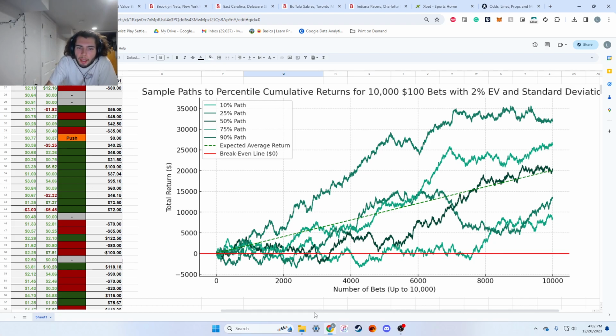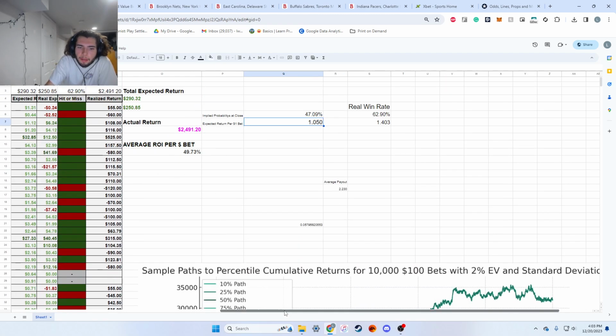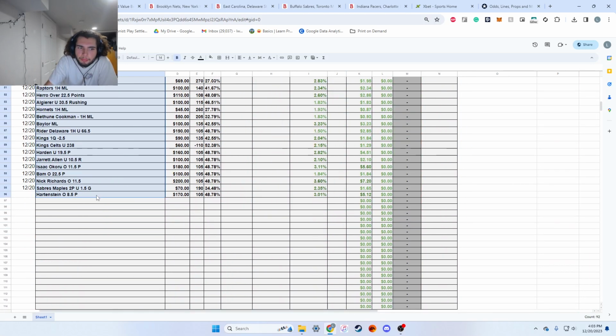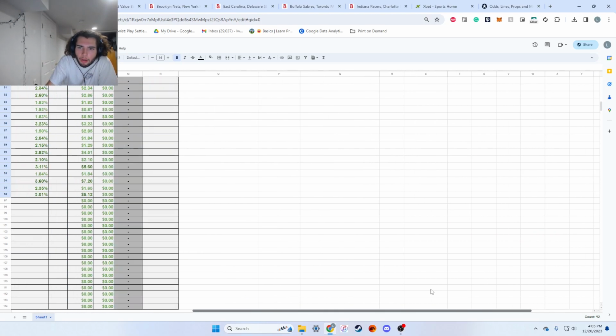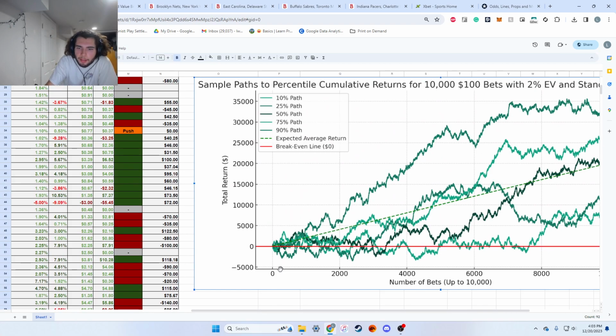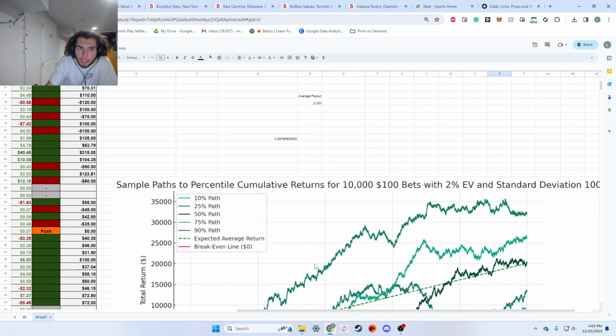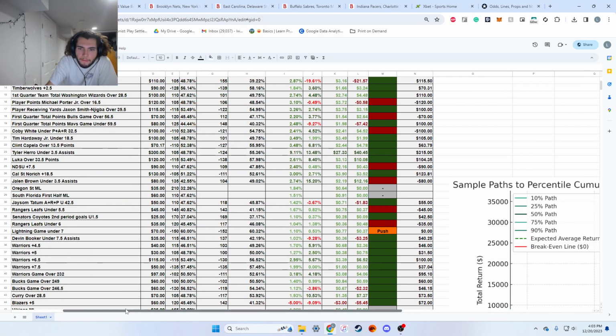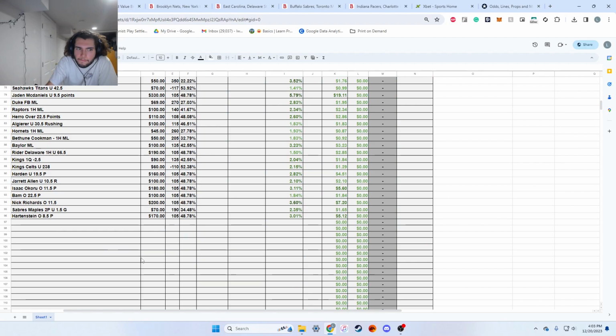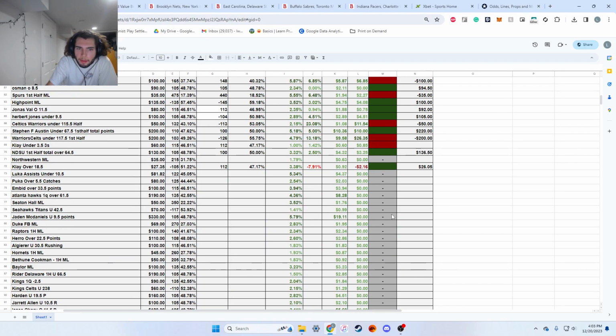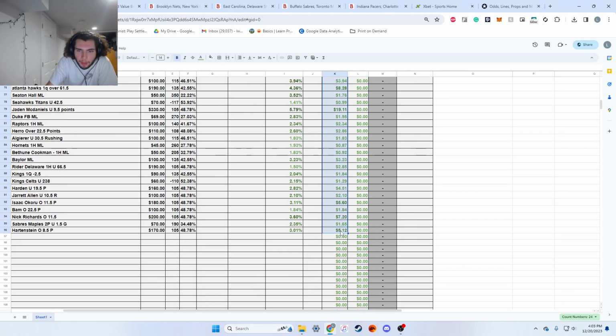But I've only made, how many bets have I made? 92 bets. So that's a blip on this graph. 92 bets is here. It's only been 2 days. I'm trying to get to 10,000 and then I'll have 50K on average. And what else can I show you here? Let's see. So basically I've been putting down bets since about 3, and my expected return is $88. So I mean that's a pretty good hourly wage.